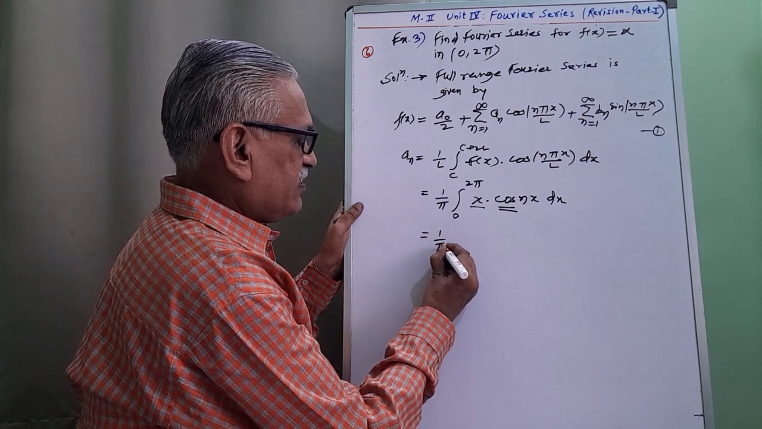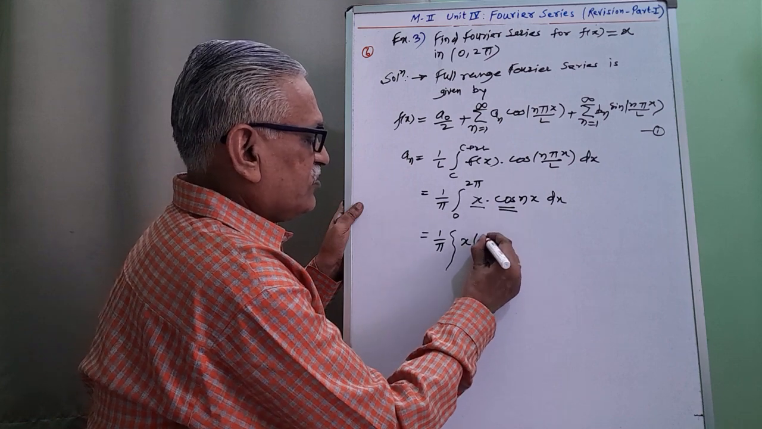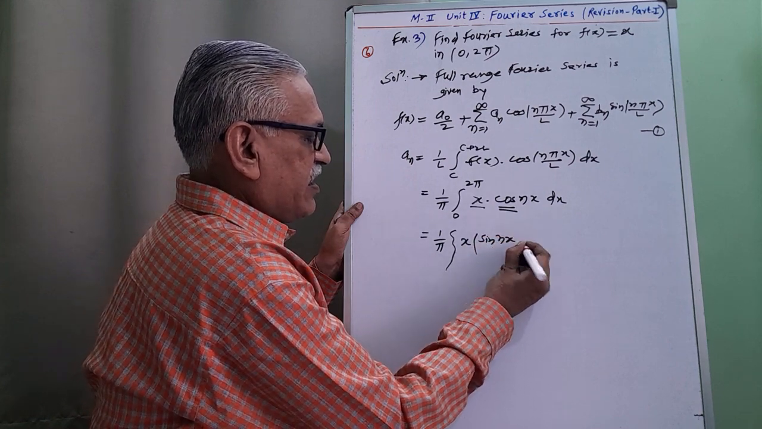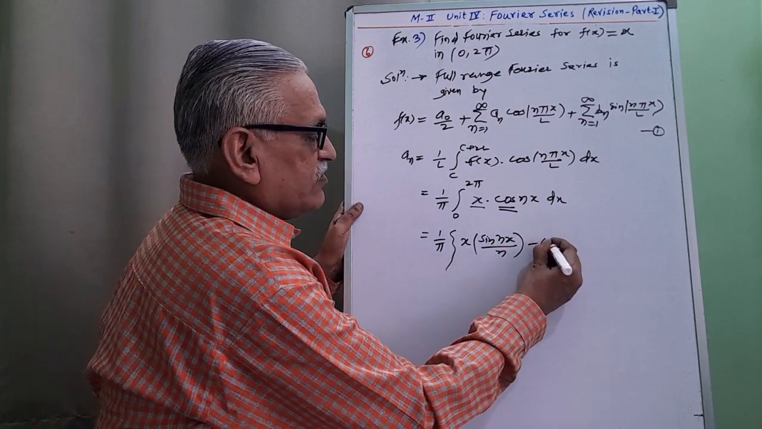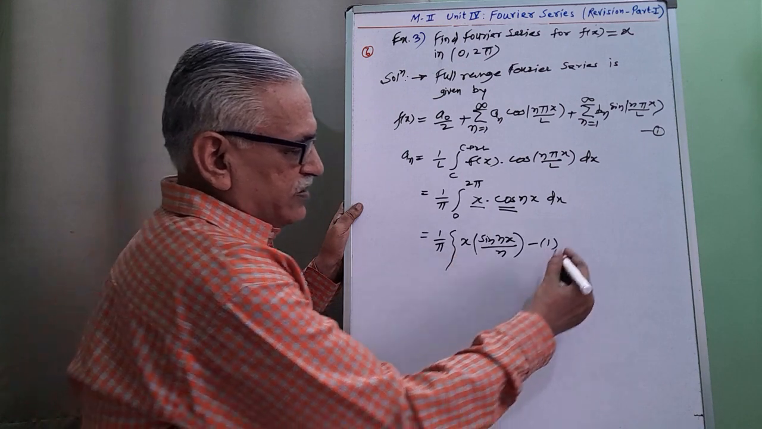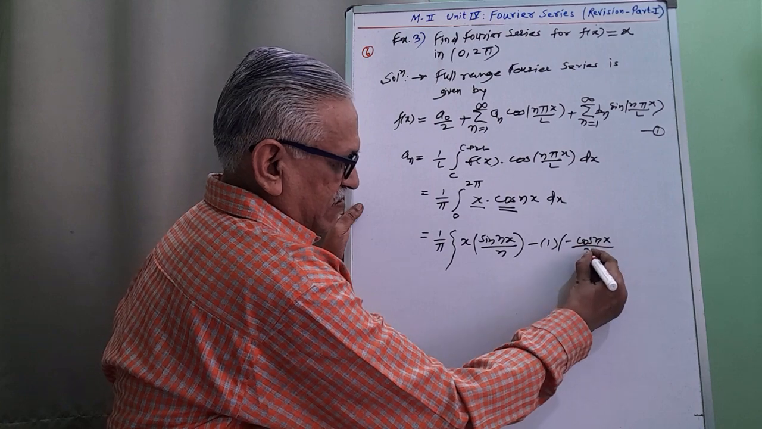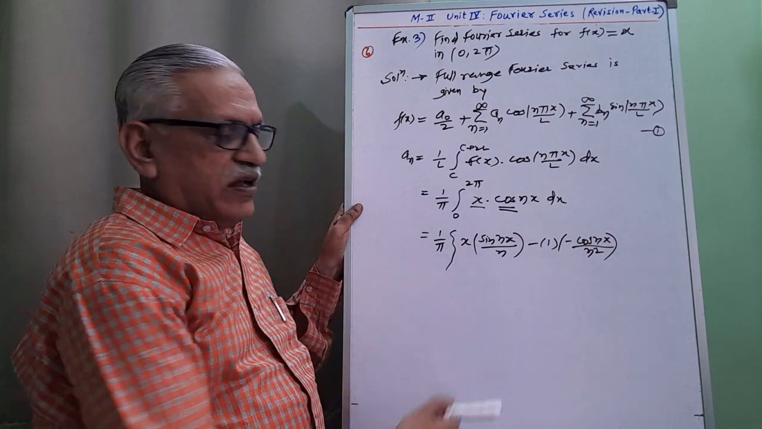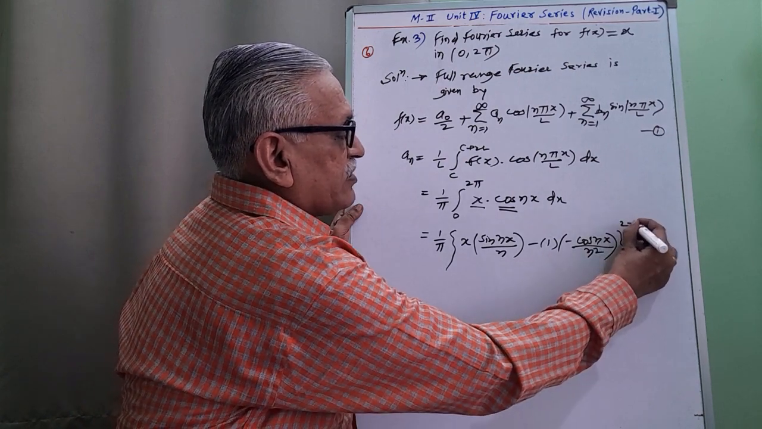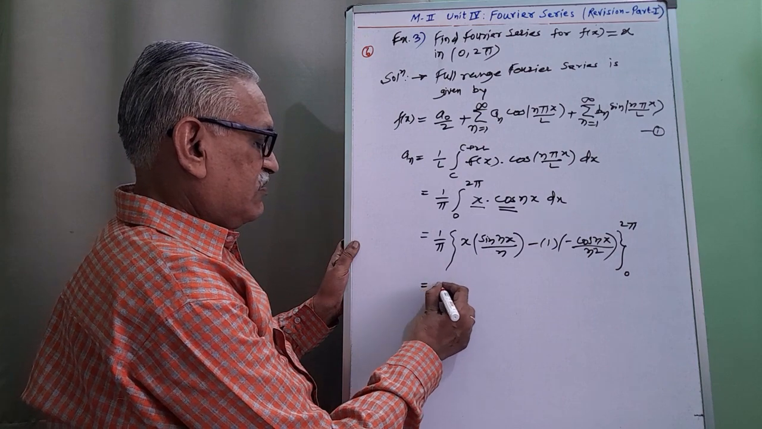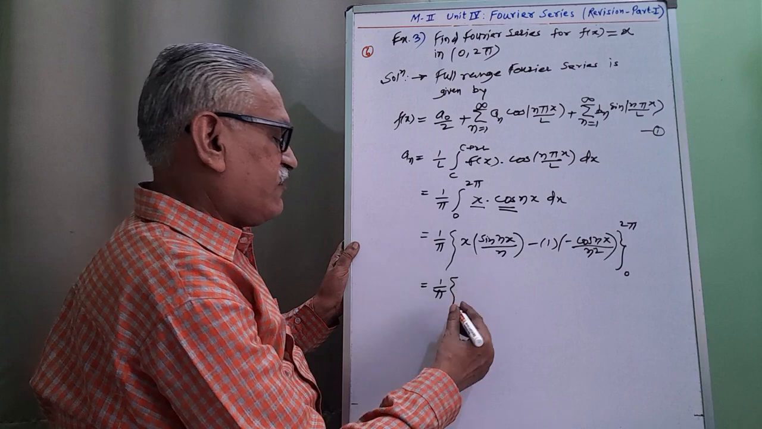This one as first function and cos as second function. Therefore 1 by pi, first term x, integration of cos is sin nx divided by n, then minus derivative of x 1, integration of sin, and next derivative 0, we stop here, and limits from 0 to 2 pi. 1 by pi, sin 2n pi value is 0,